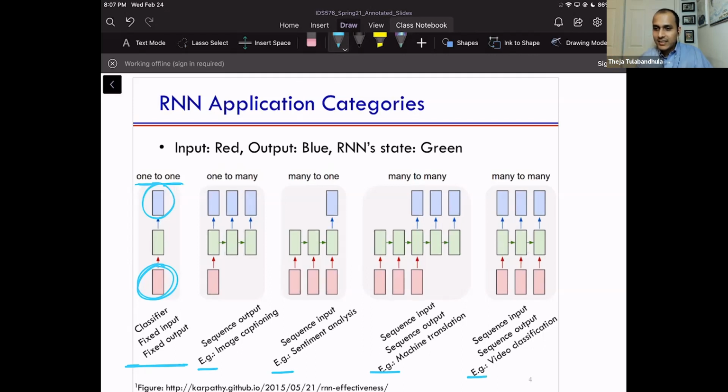Okay, I got it. So what are these other types of tasks? One example is one-to-many. One-to-many, as the name implies, means you give one input and you produce a sequence of output. A very popular example is called image captioning, where a single image, one of the CIFAR10 images or a bigger, high resolution image, is the input, and the output is a caption, a sequence of text, a sequence of words. Of course, the words cannot be jumbled up, otherwise it will not make a coherent caption.